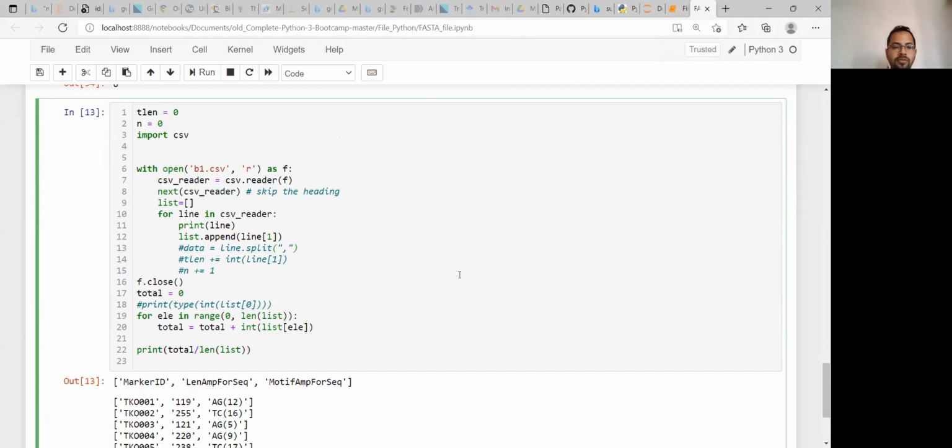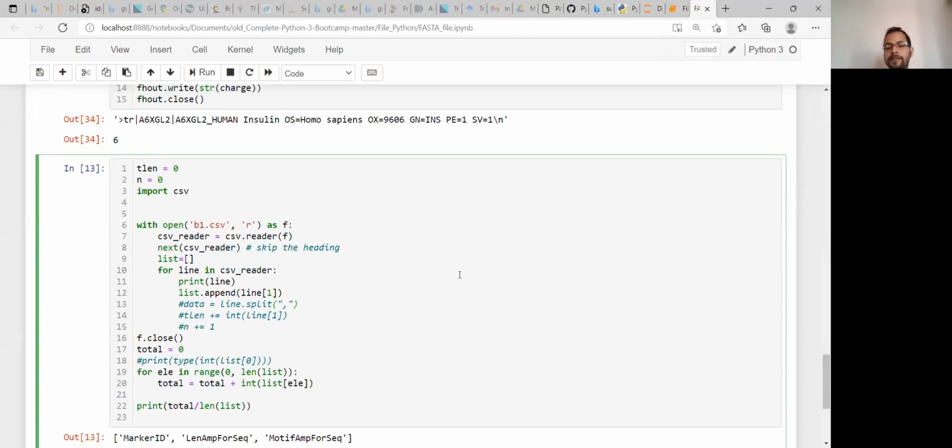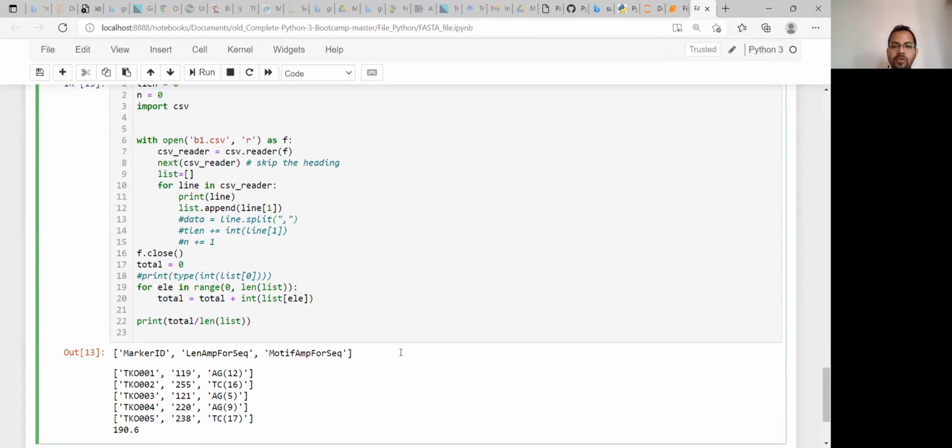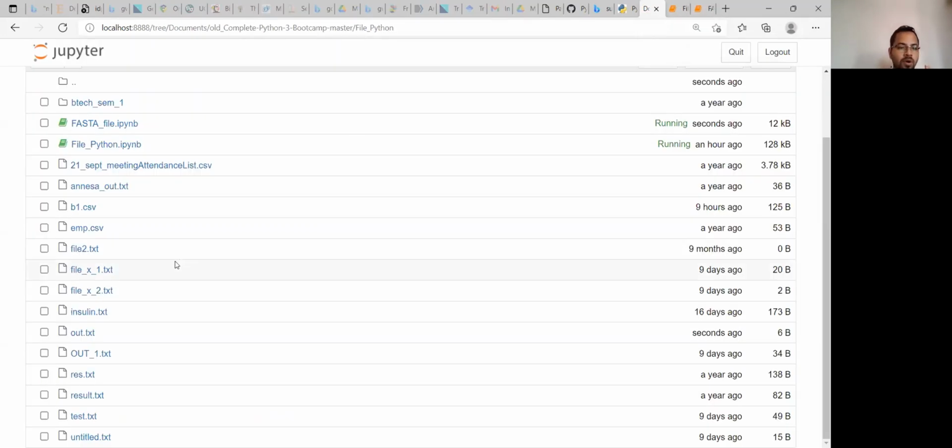So how can I start with CSV file format? I'll take another class on Saturday. Before that, I can show you what a CSV file looks like. CSV means comma separated value file.